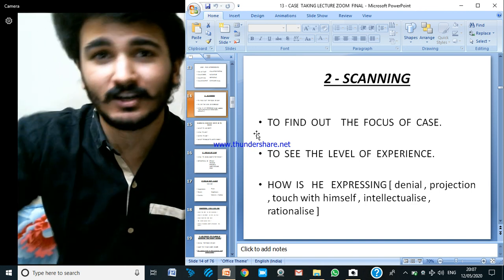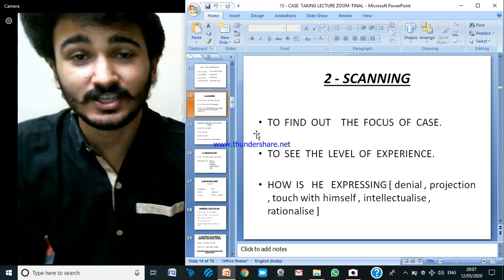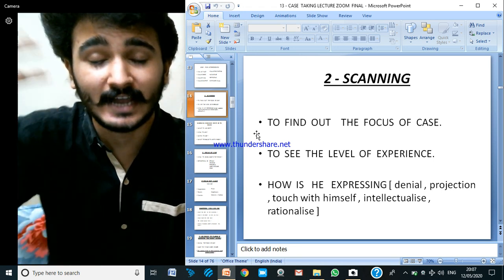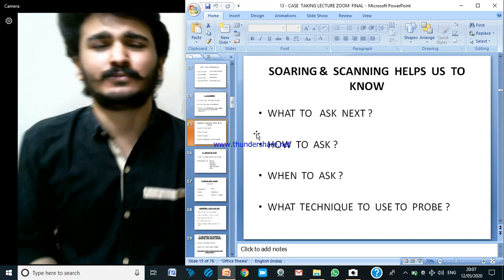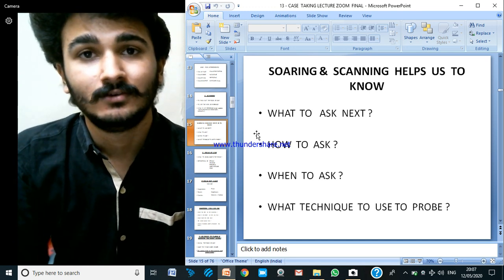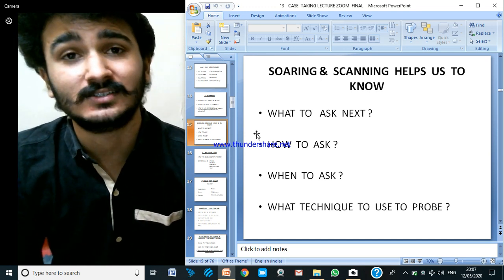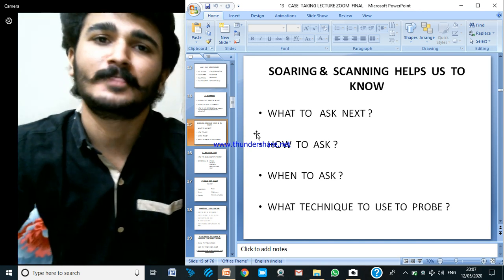So is projecting on another. Or see whether he's in touch with himself, that I feel like this, I feel like this. Okay, so this helps us to know what to ask next, how to ask the next question, what to ask, when to ask, and which technique to use to further probe in,